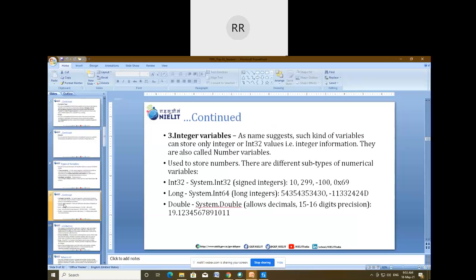Next is the integer variable. As its name suggests, such a variable can store only integer, or Int32, values. These variables are also known as number variables, used to store numbers like 0, 1, 2, 3 or any digits.